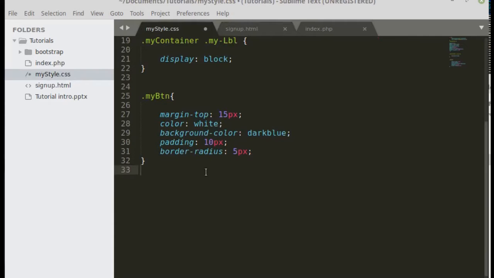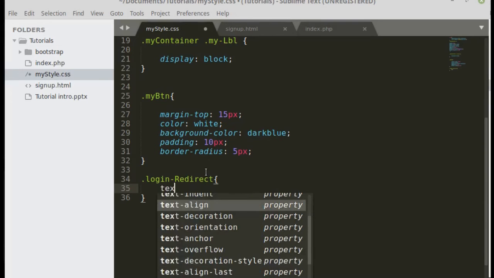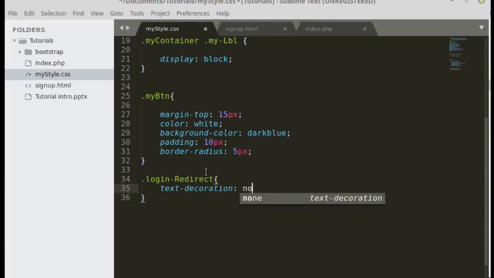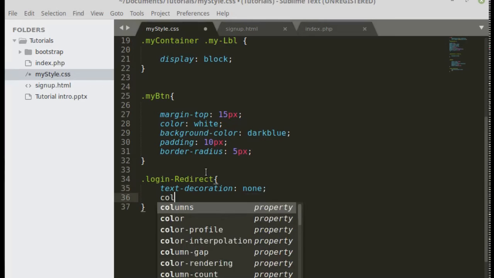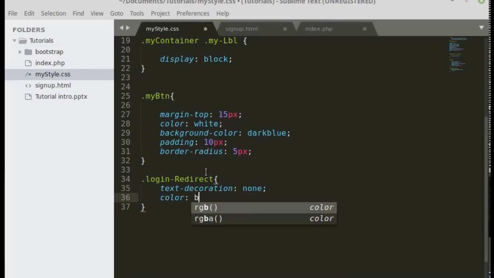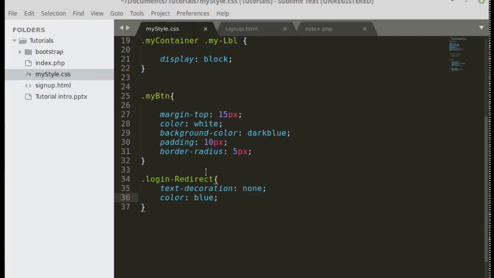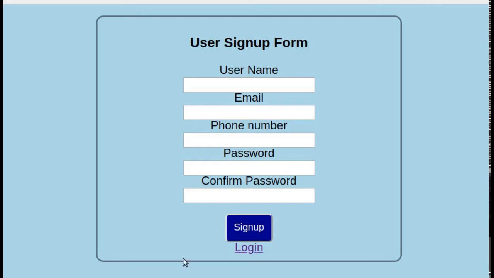I'll go to my class here, and I say login redirect, and I'll give it a text decoration of none. I'll give it a color of blue. Yes, and when we refresh,